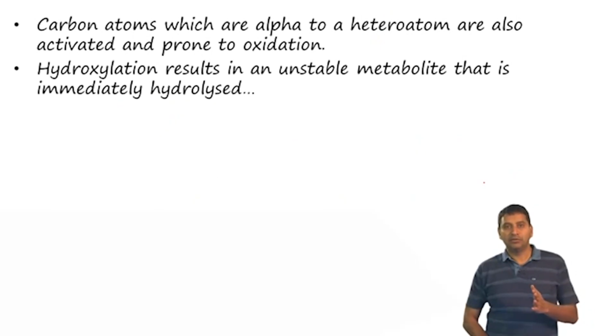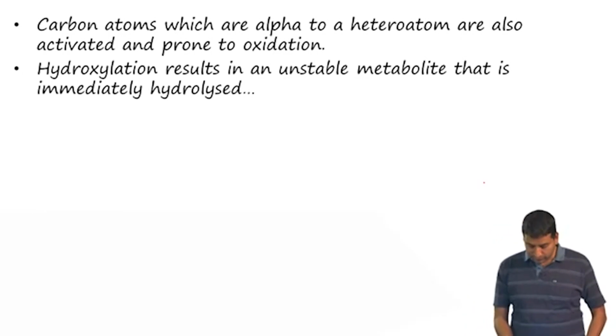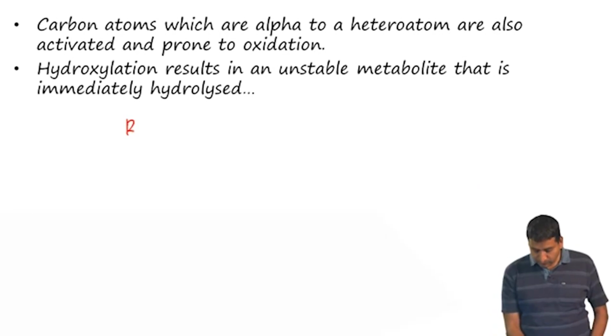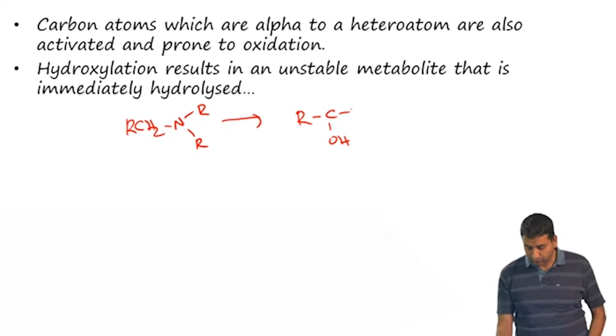Now, carbons which are alpha to a heteroatom are also activated, and they are also more prone to oxidation. So, the example that we are going to look at is R CH2 N R R. This can undergo oxidation. This center is quite susceptible to oxidation, and so you have RCHOH, right. So, let us say you put a prime over here,